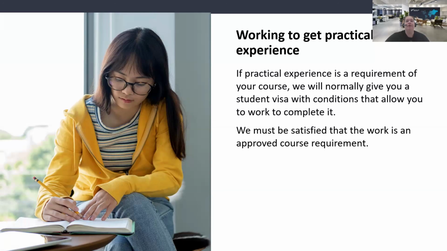Practical experience that forms part of your qualification is more often permitted under a student visa, but it must be an approved course requirement and you must comply with the conditions directly listed on your visa.